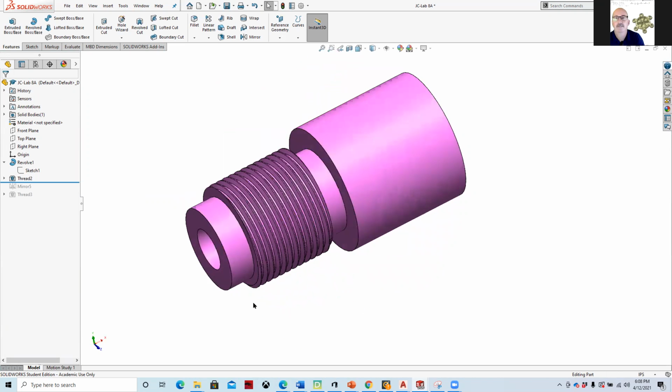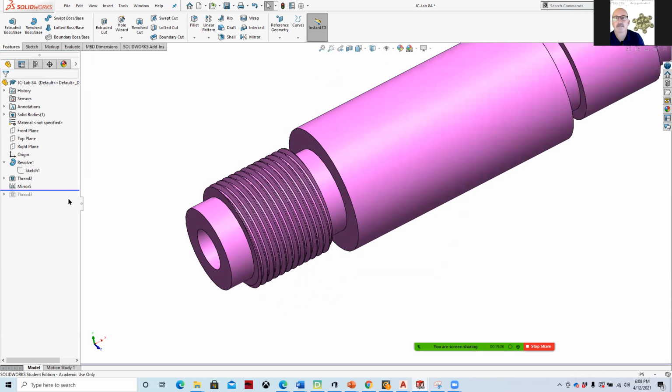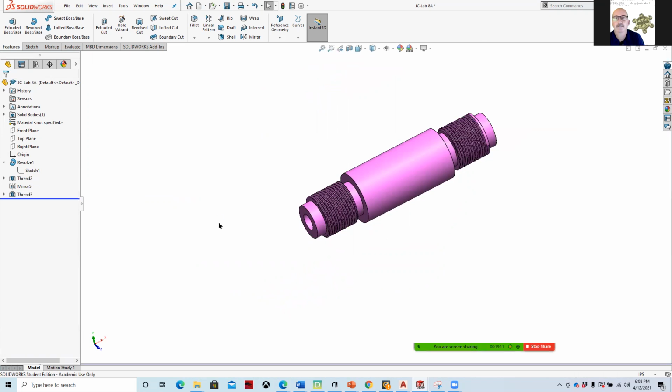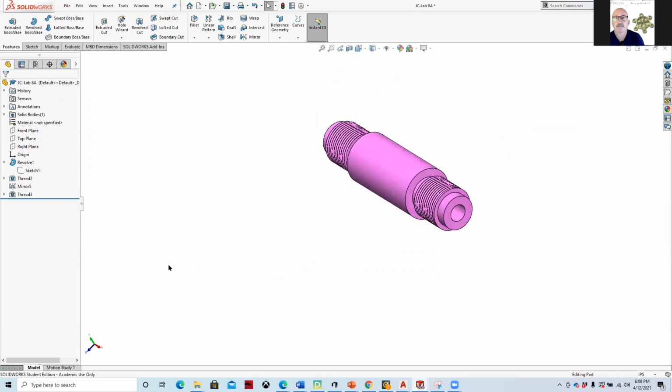What's nice about using the thread tool is that you can prototype your parts with it. So the thread tool is great. If we go through, we mirror the part, and then we thread the other end of it. And so that's the best part of this chapter. If we look at the other exercises in this chapter,